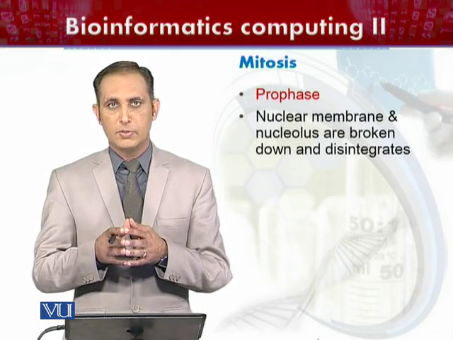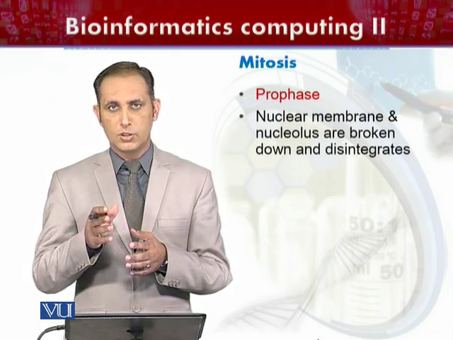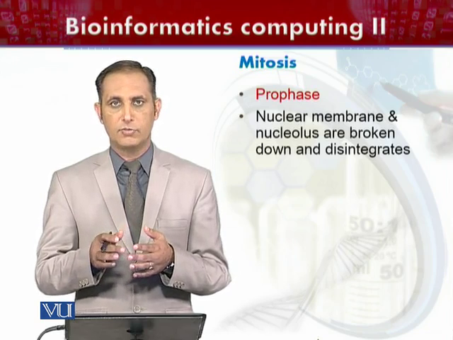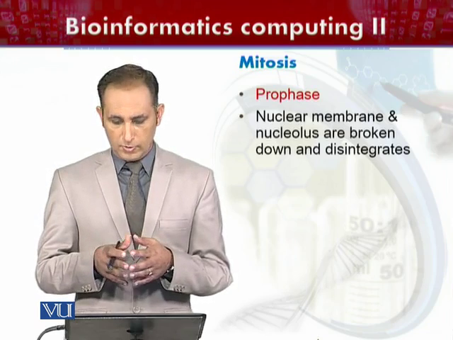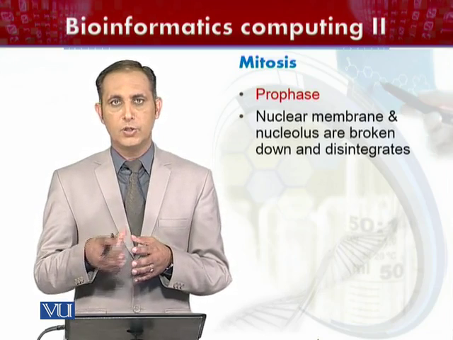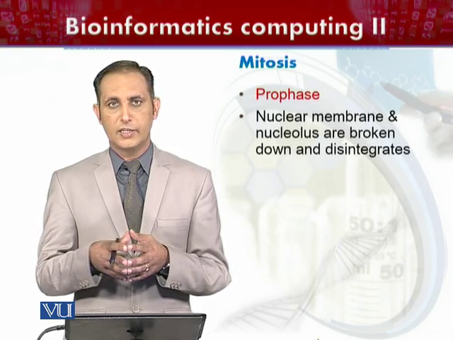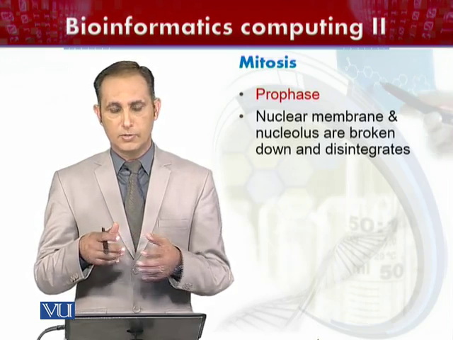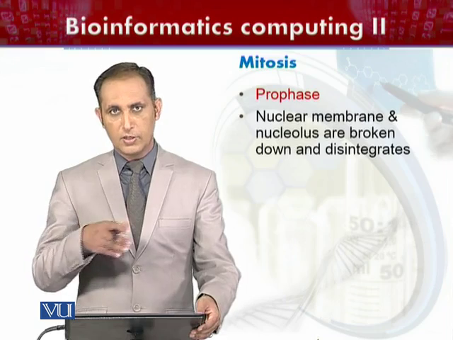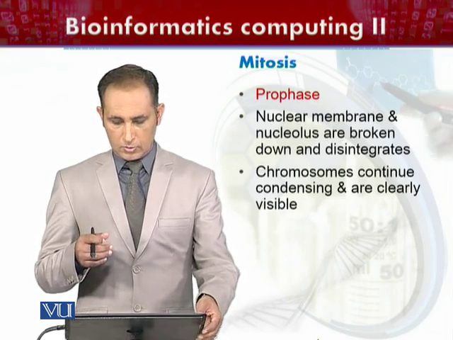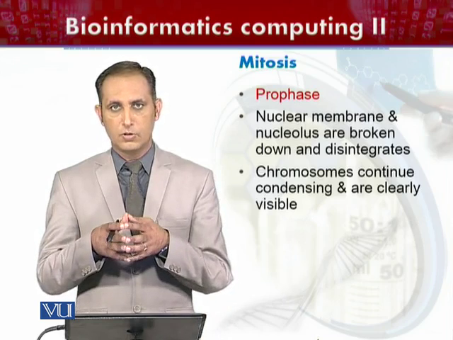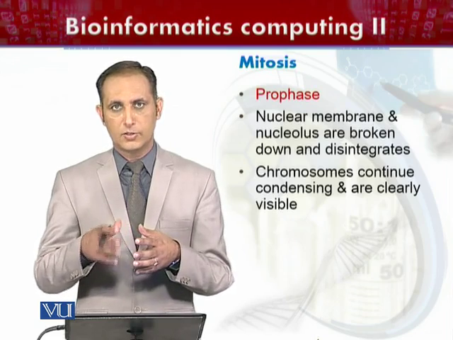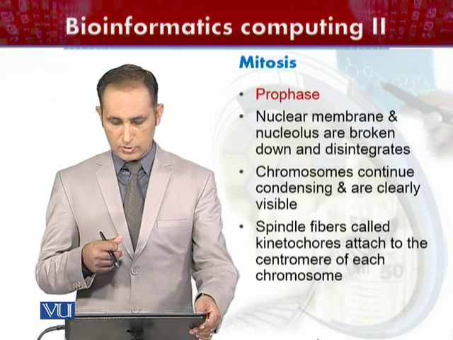Now we can sum up mitosis. The mitosis process can be divided into four main phases: prophase, metaphase, anaphase, and telophase. In prophase, the nuclear membrane and the nucleolus of the cell disintegrate and disappear, and the genetic material is now in direct contact with the cytoplasm. Chromosomes continue condensing, and during prophase they become visible in the cell as compact bodies. Before prophase they were not compact, so they were not easily visible as chromosomal structures in the cell.